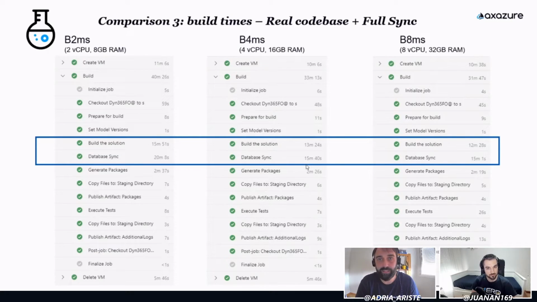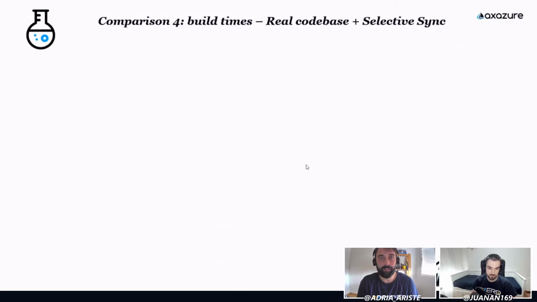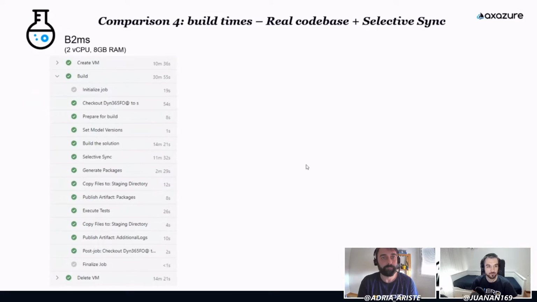Once again, we see there is some enhancement between a B2MS and a B4MS, but there's not that much of a better performance between a B4 and B8MS. And finally, this is a real code base, a lot of code with the selective sync. On a B2MS, we can see that the build time is more or less the same as before, but we can see that the selective sync is 9 minutes less than the full sync. This is because, as Juan said, we are only synchronizing the tables, views, etc. of